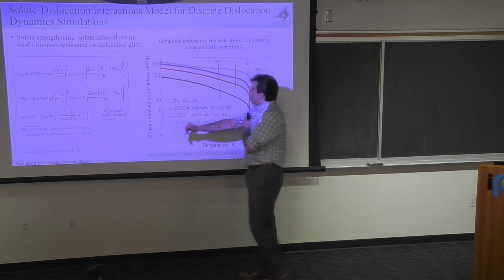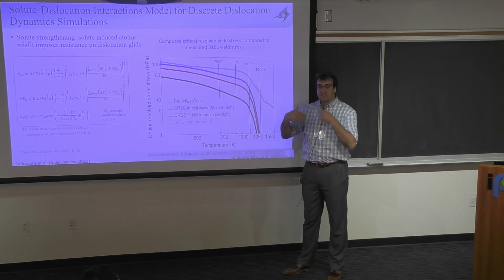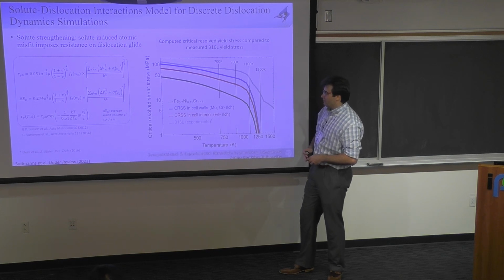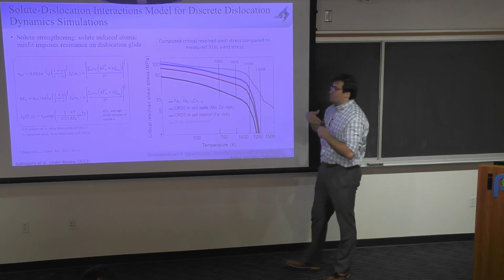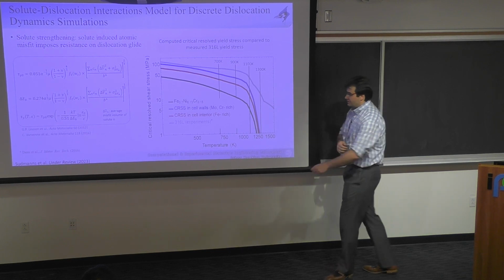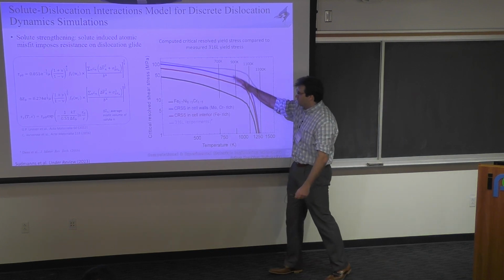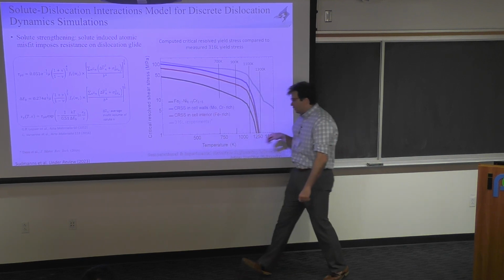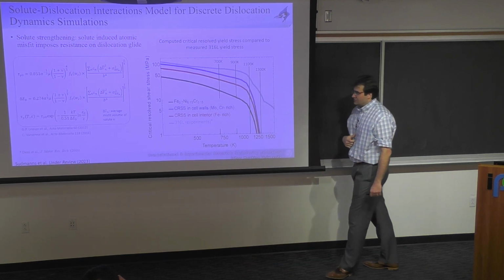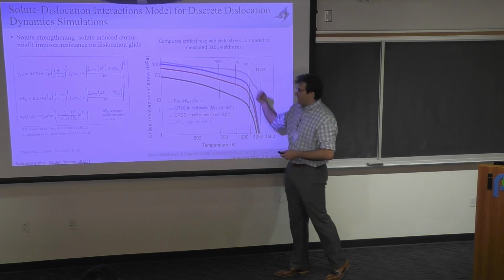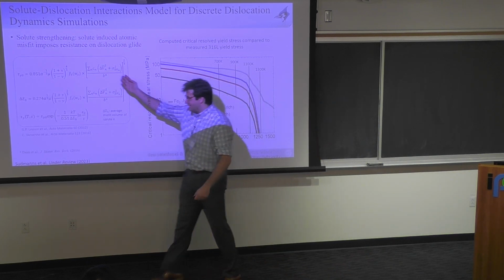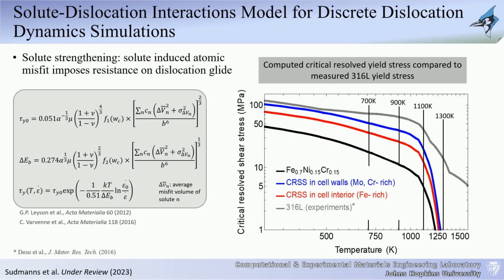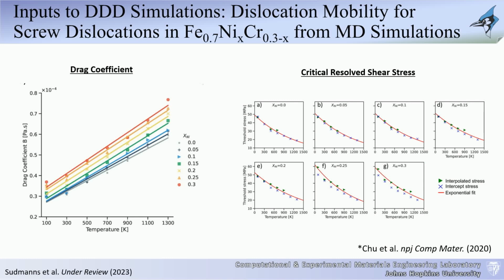The yield strength depends on the types of dislocations and the evolution of those dislocation networks, and the dislocation density and how it evolves. And thus, that's typically why the yield strength is always going to be higher than any prediction that you're going to get. So nevertheless, just to show you the difference in the behavior, even though this is not printed and we don't have the full temperature space of the 316 printed samples, I just showed you here for comparison, just to emphasize that this is actually a critical resolved shear stress, not a yield stress. So it relates directly to what we do because we need the critical resolved shear stress to activate dislocations.